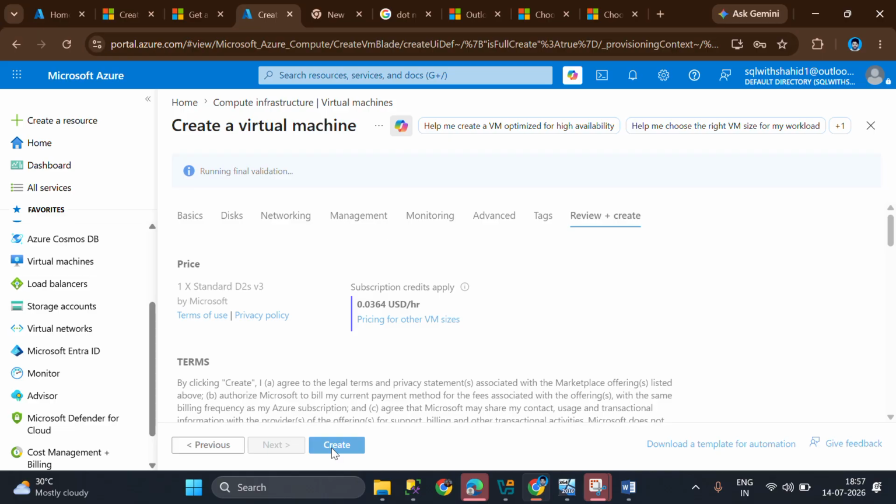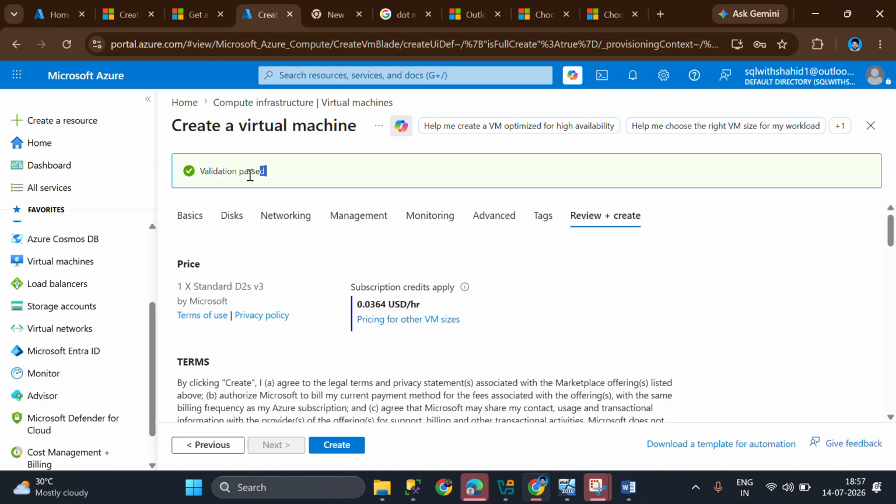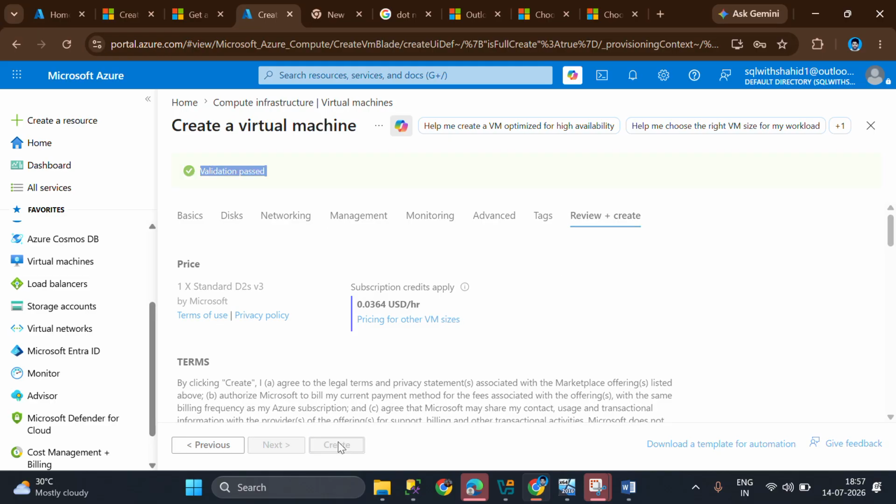Then I can create it easily. There is no problem, validation passed, I can create now. In this way you can create virtual machines.